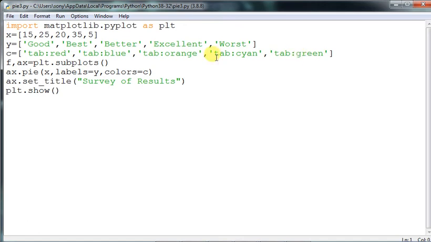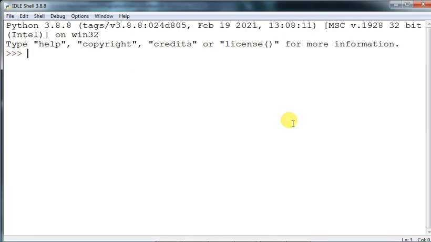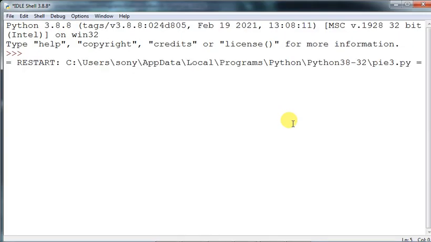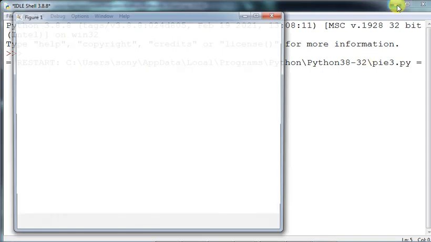So similar program, only one control, one attribute has been added, that is colors equals to C. So this particular list variable is given out here, and the rest of the things will remain intact. So let us see the output of this program. Fine. Now let us see, let it appear. Okay, so that is the thing. Clear? So you see out here how the colors attribute is controlling the color.